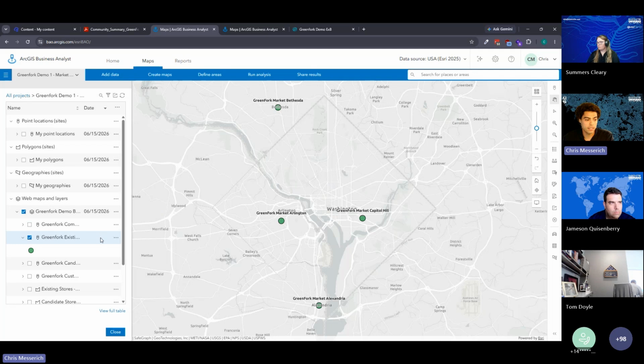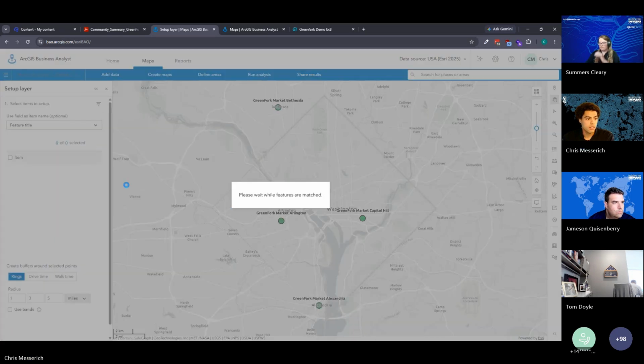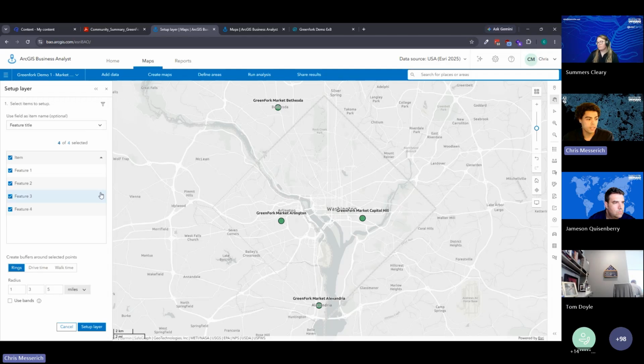So the way you do that is with your layer, you can do setup layer. You select setup layer, and you can see the 4 features that are a part of our existing stores are located here in this panel. One thing to note about Business Analyst is whatever you see in your map extent is what is available for